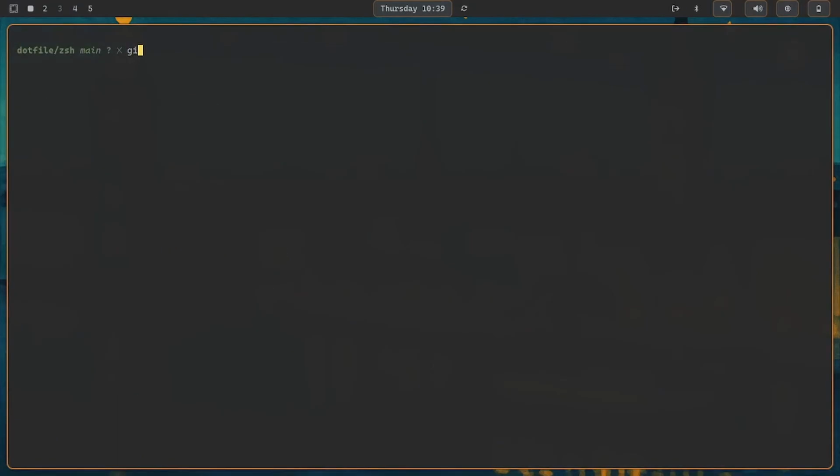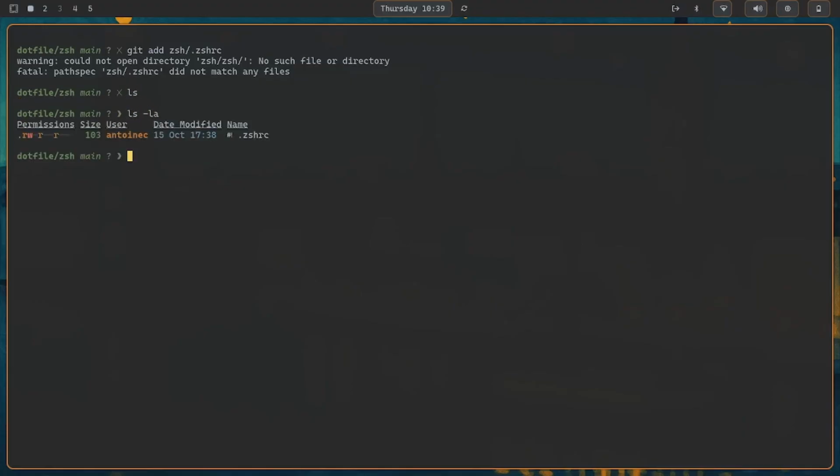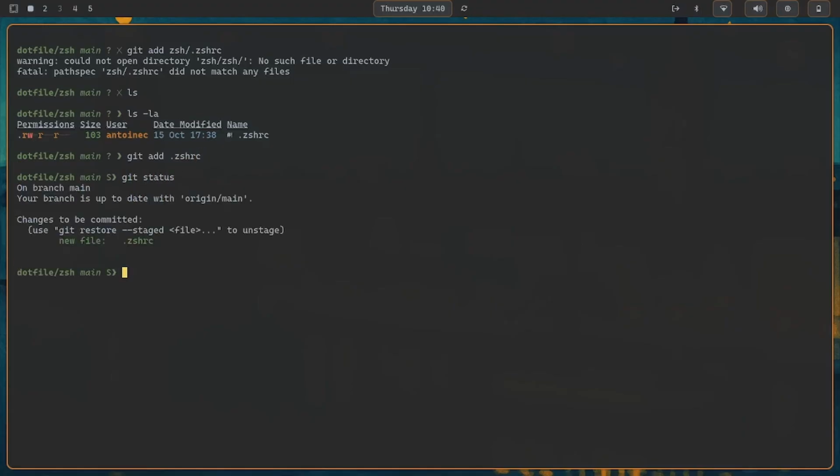Got one more thing. I want to make sure to add it to the GitHub repo. So I'm going to do git add zsh/.zshrc. Can't open file zsh.zsh? Does not exist. Git add .zshrc. There we go. If I run git status again, branch is up to date,